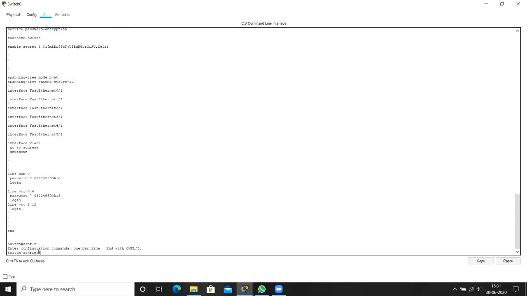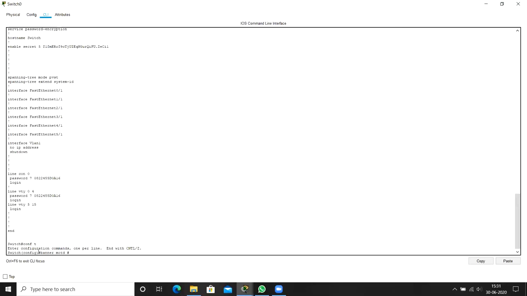So for that, the command is banner space MOTD, that is message of the day. Banner space MOTD, message of the day space. You need to use a dollar symbol or hash symbol, anything you can.